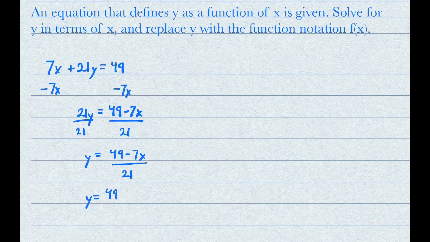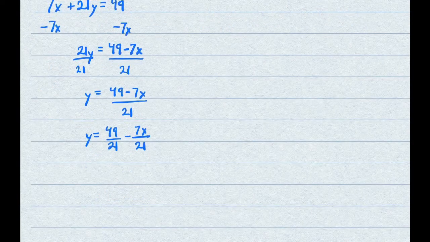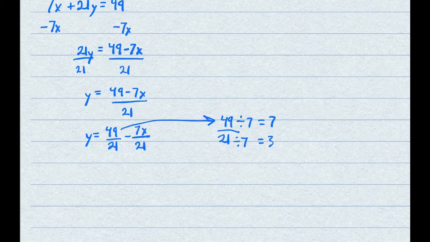You can split this up. 49 over 21 minus 7x over 21. So this part can be reduced. 49 over 21, both parts can be divided by 7. So 49 divided by 7 is 7, and 21 divided by 7 is 3. So 49 over 21 is 7 over 3. So down here you can write y equals 7 over 3